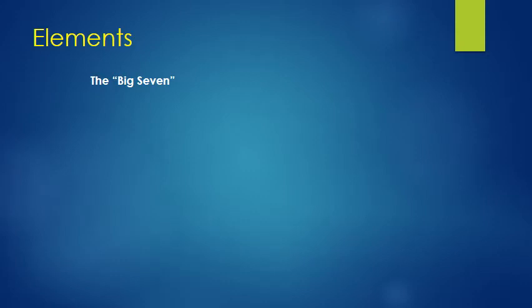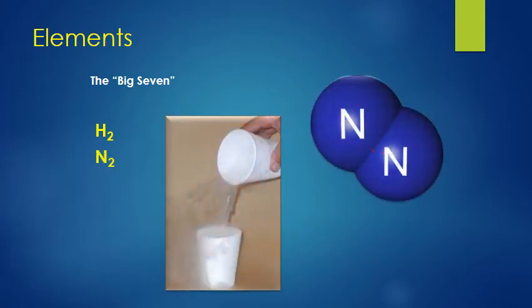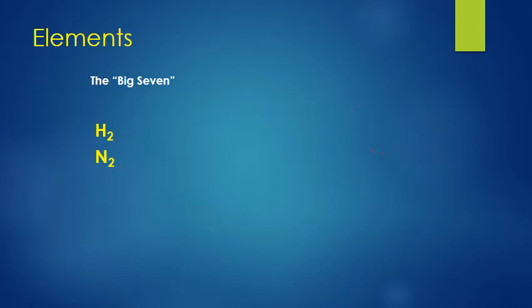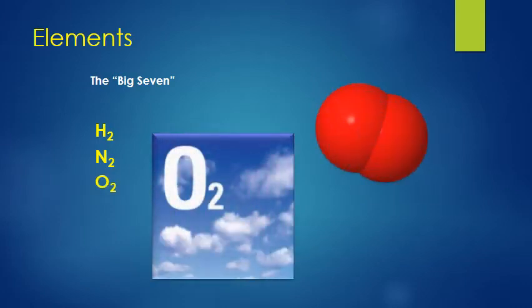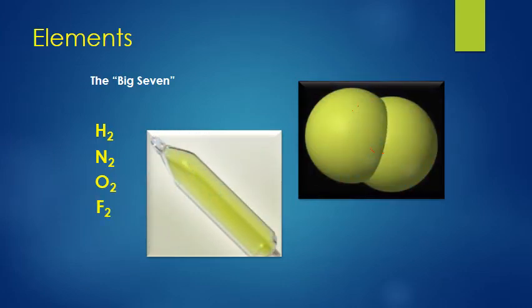Okay, so again, back to the big 7. You don't really need to write this part down, just thought you'd want to know. Hydrogen, responsible for the big catastrophe of the Hindenburg. Yeah, that's it, made up of 2 little balls, exactly the same element, elemental hydrogen. And then we have elemental nitrogen, which is a lot of fun to play with, but I don't happen to have any. And then we have elemental oxygen, which is fun to breathe. And then we have elemental fluorine, which would not be good to breathe at all. Nope, not good. But these are all elements, even though they're made up of more than one atom, fused together, bonded together, chemically combined together.